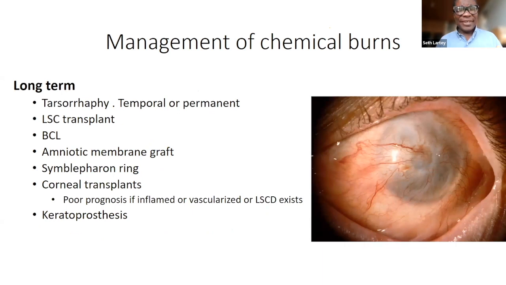In the long term, you have to think about whether you need to do tarsorrhaphy, temporary or permanent, limbal stem cell transplant, bandage contact lenses, amniotic membrane graft, symblepharon lysis, corneal transplants, but the results may be poor if it is severely inflamed or is vascularized or there's limbal stem cell deficiency, in which case you may have to do